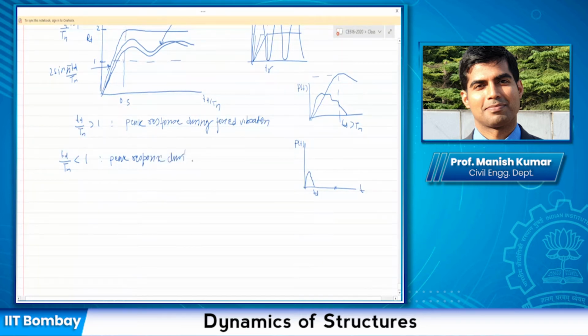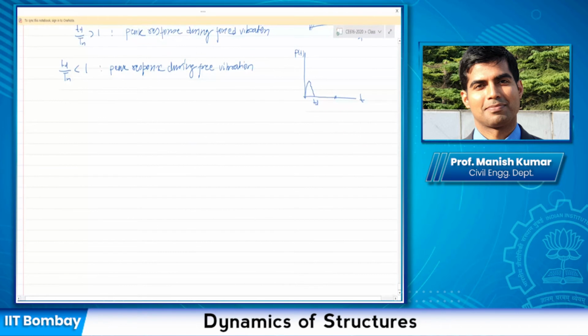Okay, during free vibration. And for those cases, if I assume this condition that TD is very small, can I find out my total impulse as the integral of P(t) dt from 0 to TD? And this I can use for any type of pulse. It does not have to be a rectangular pulse or sine pulse or triangular pulse. Any arbitrary pulse, I can just take the time integration of the force and find out the total response.